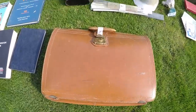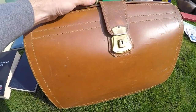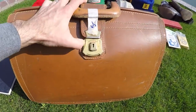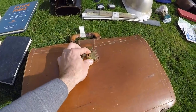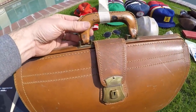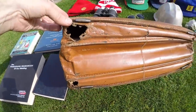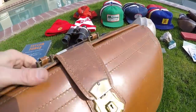Alright, next item here. This has some pros and cons. Pro, only $5. Pro, genuine leather. Con, doesn't have the original lock, but it does still open. It's nice. Handle still is attached. That's a pro. Decent condition all the way around, except con, some holes in the bottom. That is a con. Pro,